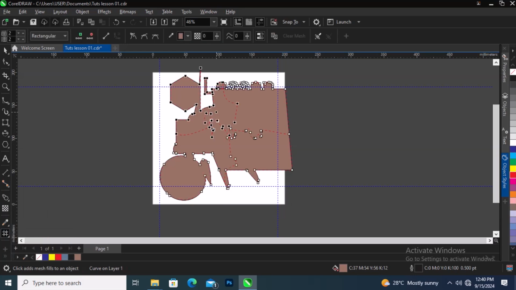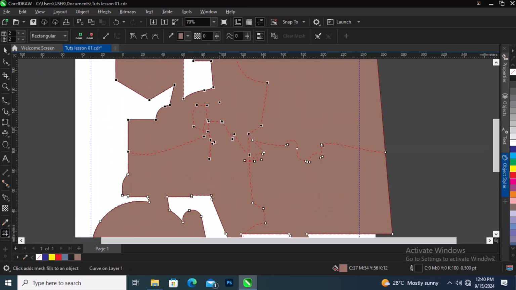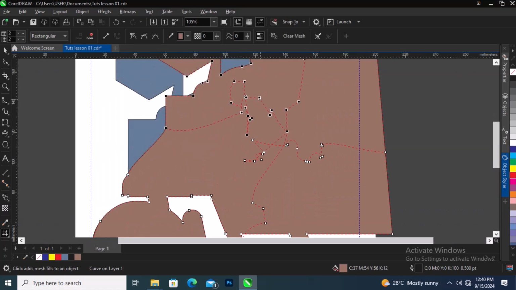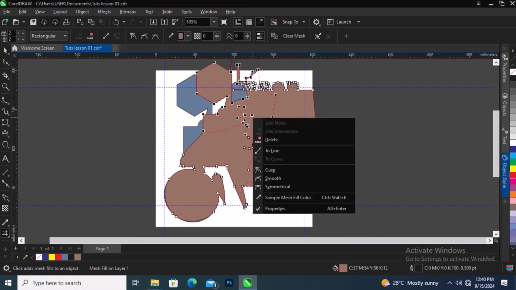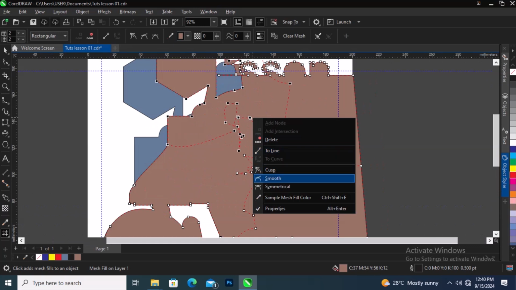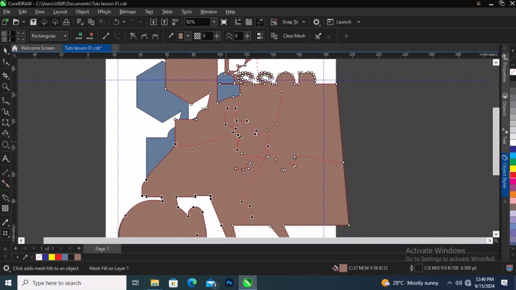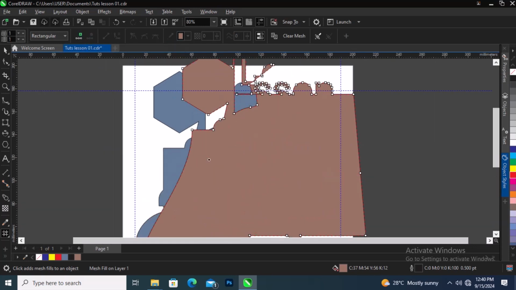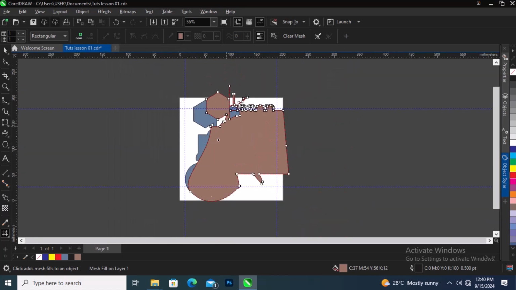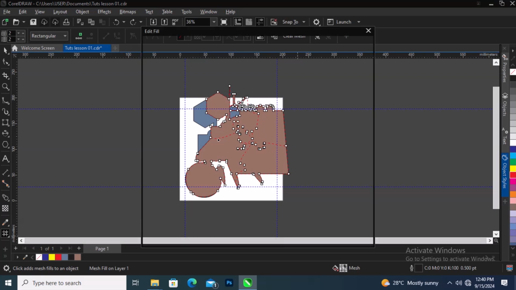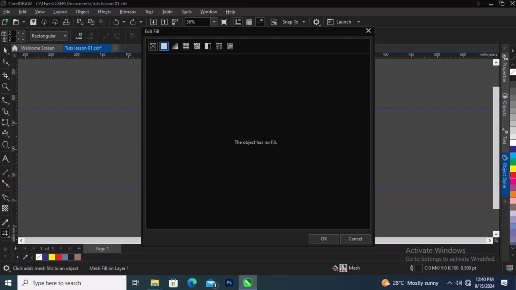The mesh tool, you can use it to add the colors of your choice in a mesh form. So with that, you can create any different colors on the same objects,